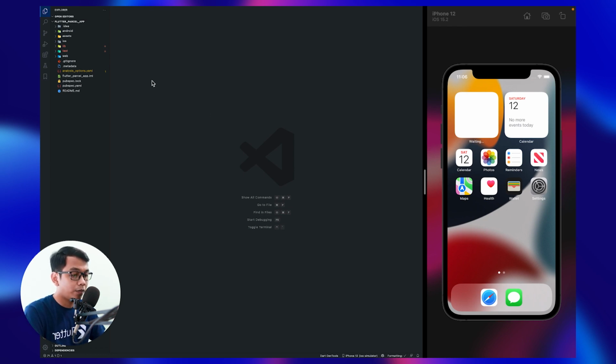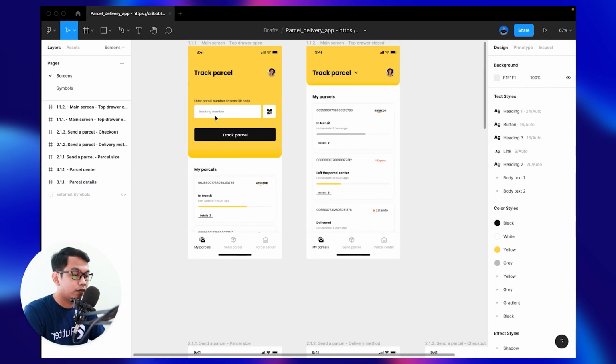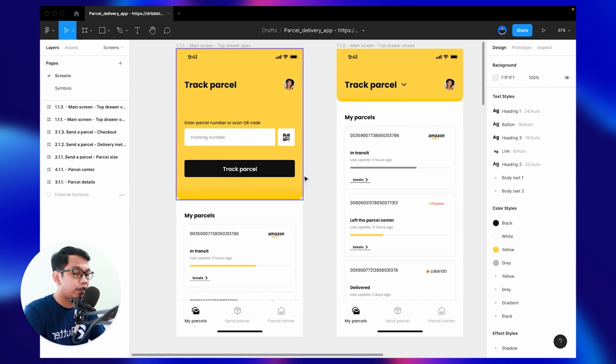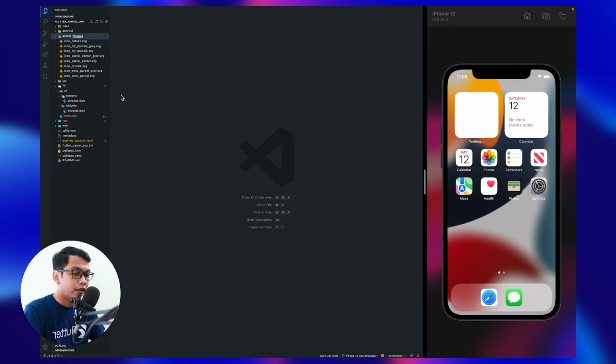And in this starter project, I have prepared some files for you, like screens, widgets, and then assets. This asset is from here. I just exported icons and images, colors, and so on.